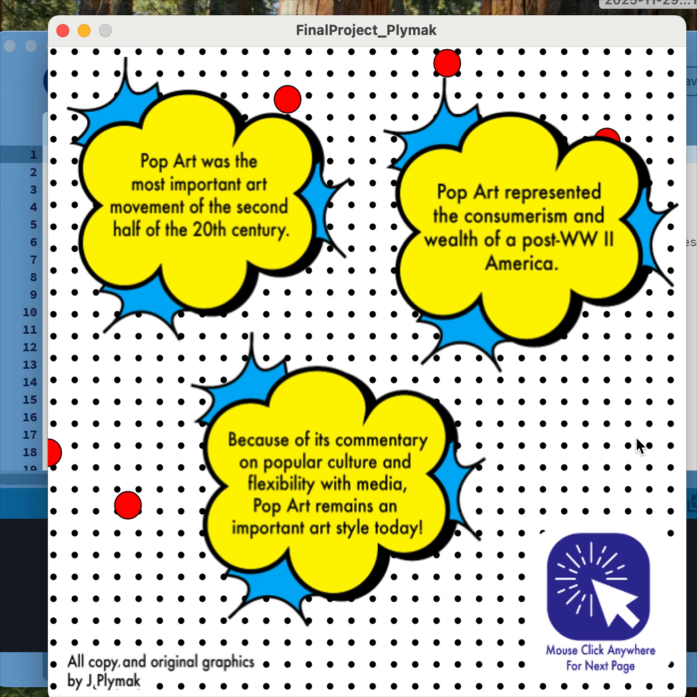Our last screen takes us to a little screen with just some closing comments. "Pop art was the most important art movement of the second half of the 20th century. Pop art represented the consumerism and wealth of a post-World War II America. And lastly, because of its commentary on popular culture and flexibility with media, pop art remains an important art style today." Something else I should mention is that the red falling balls that you see were created using